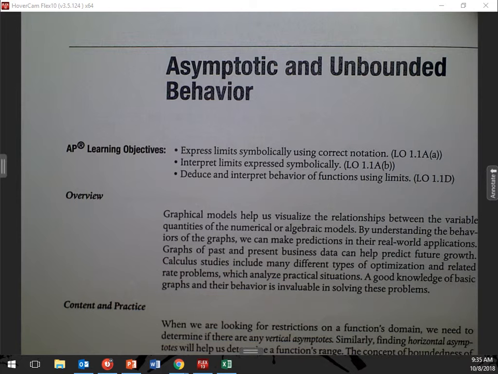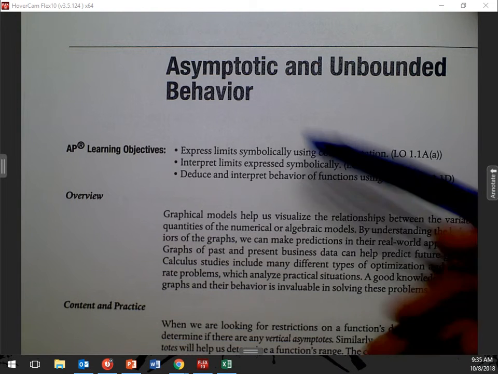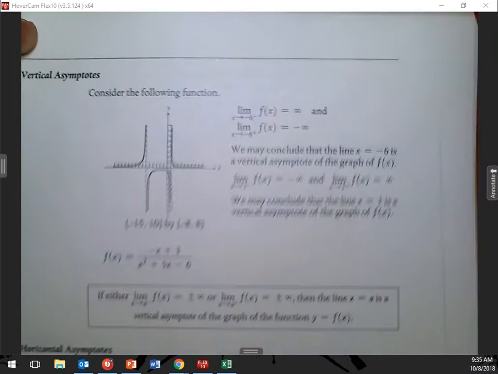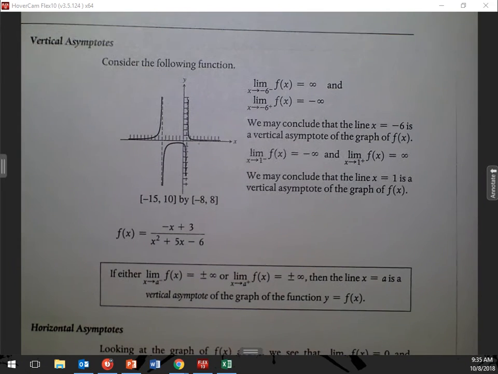So now for this right here, we have asymptotic unbounded behavior. For this, I'm going to go through and talk about basically what's happening at an asymptote here. Bounded, unbounded behavior. So what it means is, what is it going to end up doing? Is there restrictions? Is there a place in which I cannot do anything? So if we're looking at this